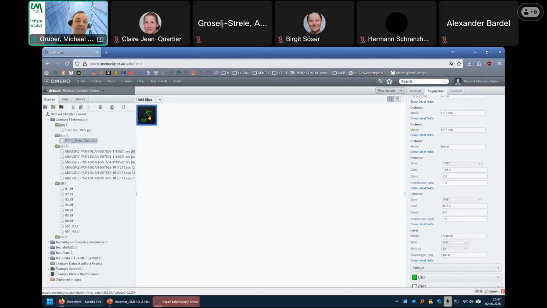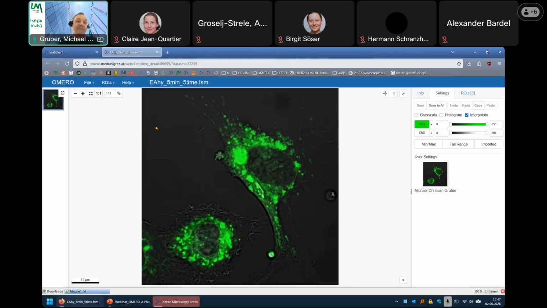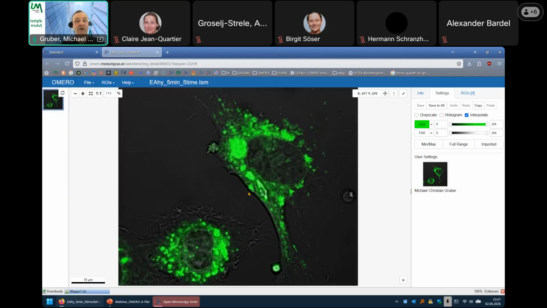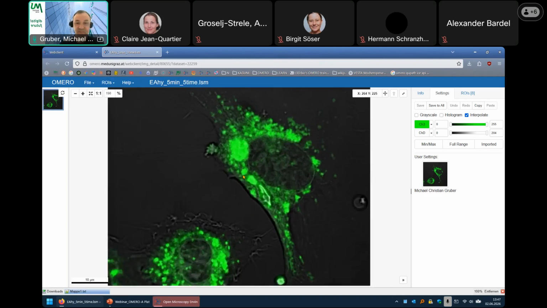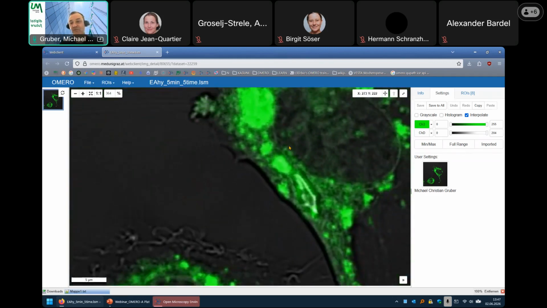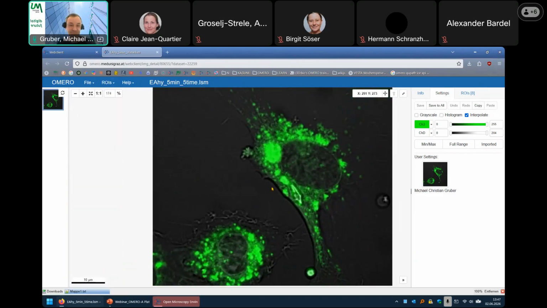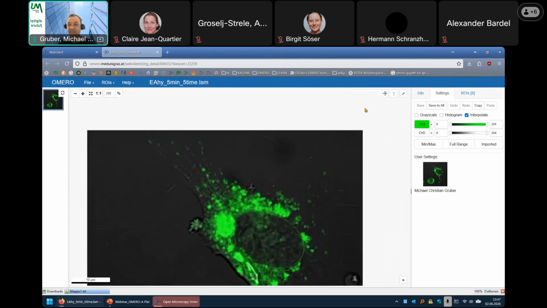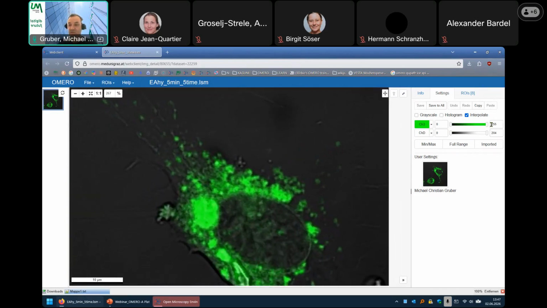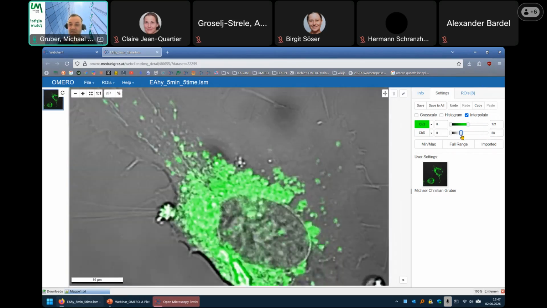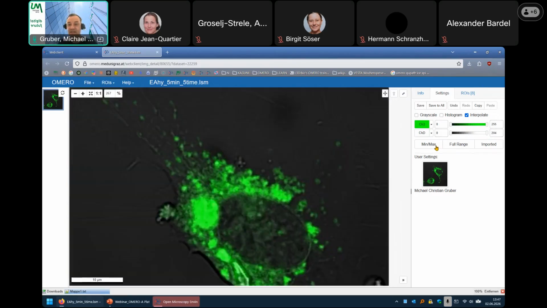I can then have a look into the image. If I double click it, the OMERO viewer opens, which allows me to zoom into the image and take a look into it, to also manipulate the way the data is viewed,